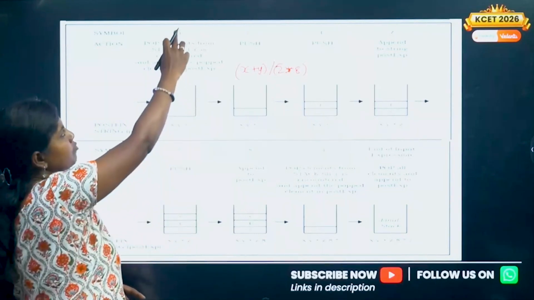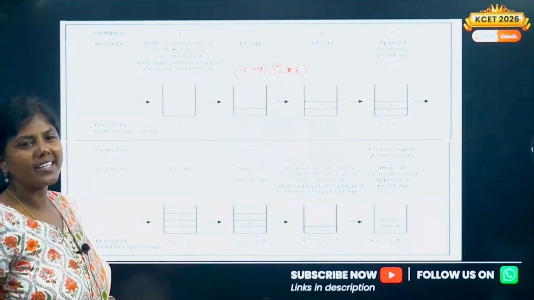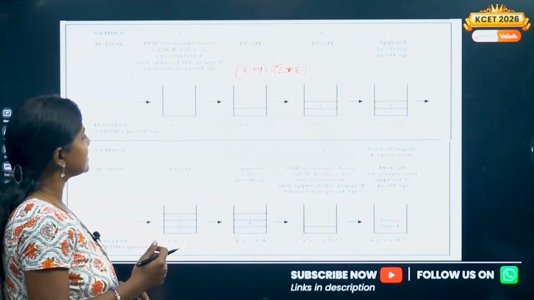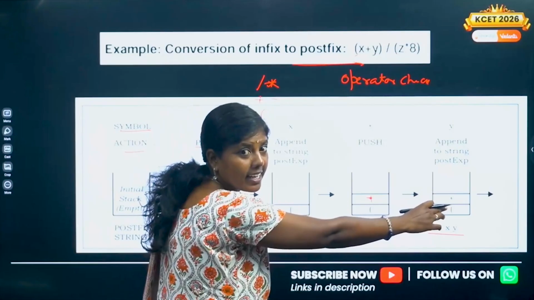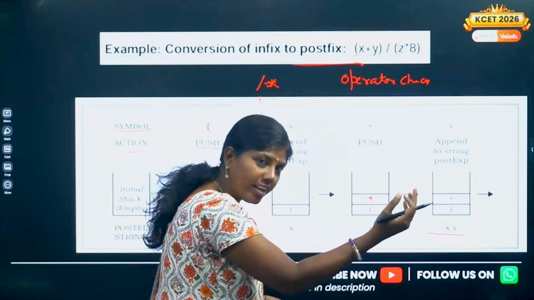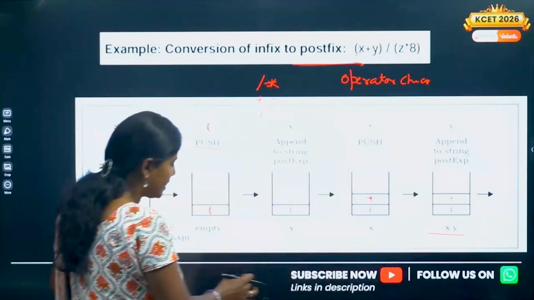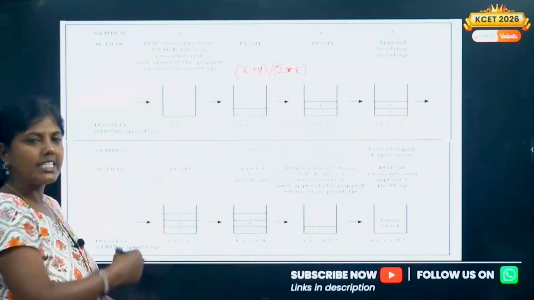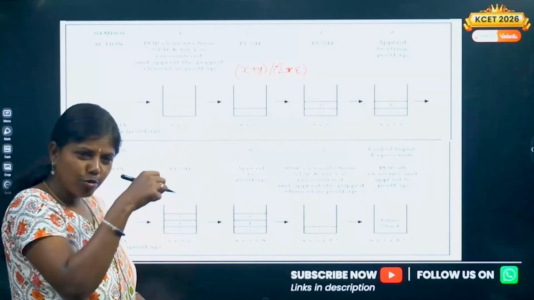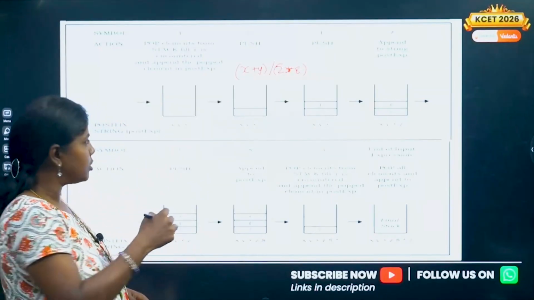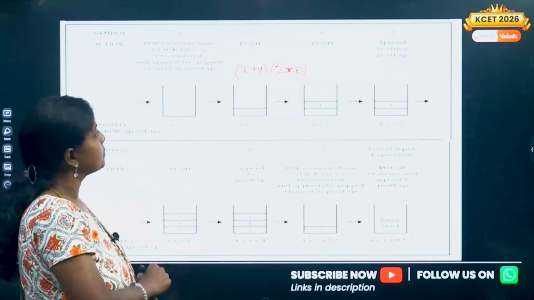And similarly, we have the right parenthesis. Right parenthesis means keep on popping till you get the left parenthesis. What we had here is just plus, so keep on popping everything till you get the left parenthesis. Discard both. Pop this, discard. Nothing is there in the stack now, it's empty. When I pop it, I have to add it to the postfix expression. It is XY plus. I discarded the parenthesis, remember.